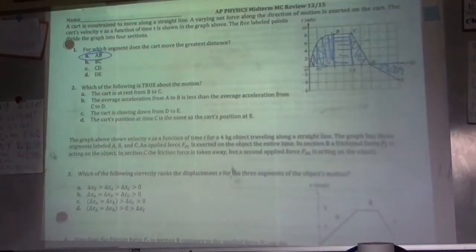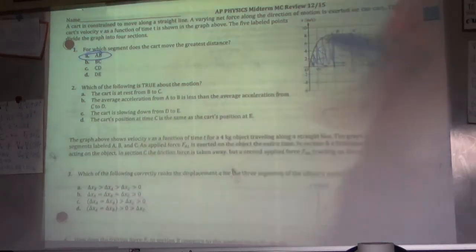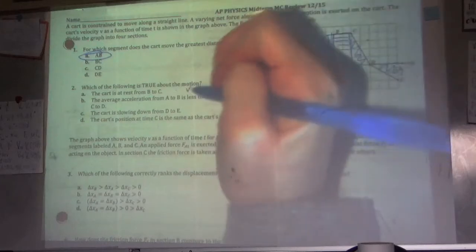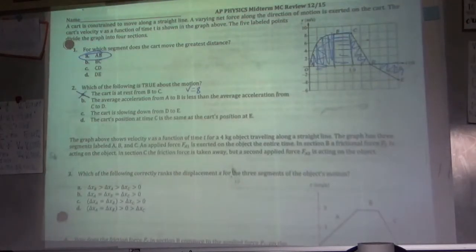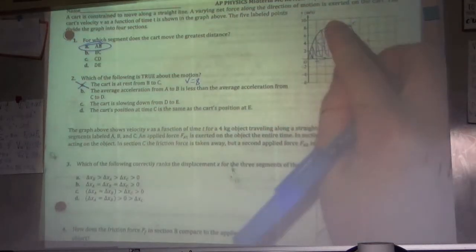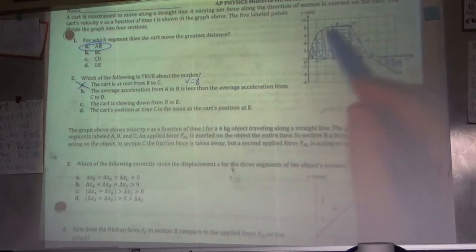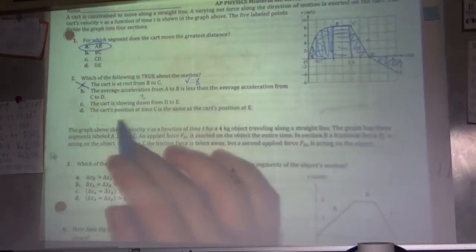Which of the following is true about the motion? It says that the cart is at rest from B to C. If you look at B to C, this is a velocity graph, so it has a velocity of 8, which cannot be at rest. Your velocity would have to be 0 to be at rest. The average acceleration from A to B is less than the average acceleration from C to D. That one, let's say a question mark, and we'll come back to it,